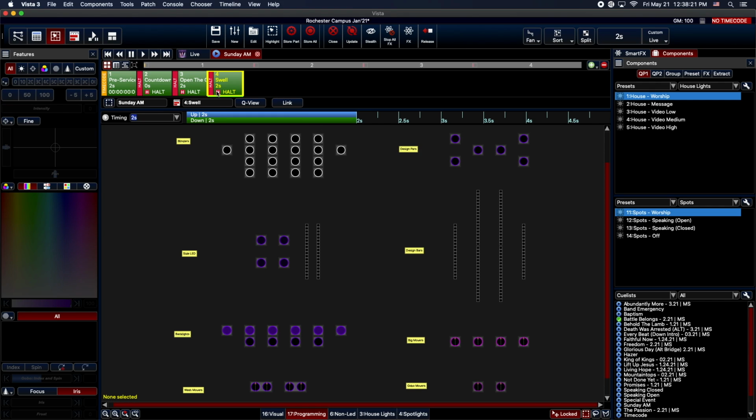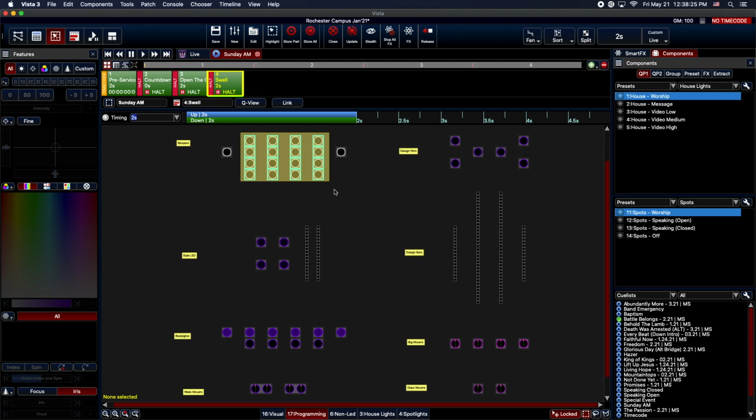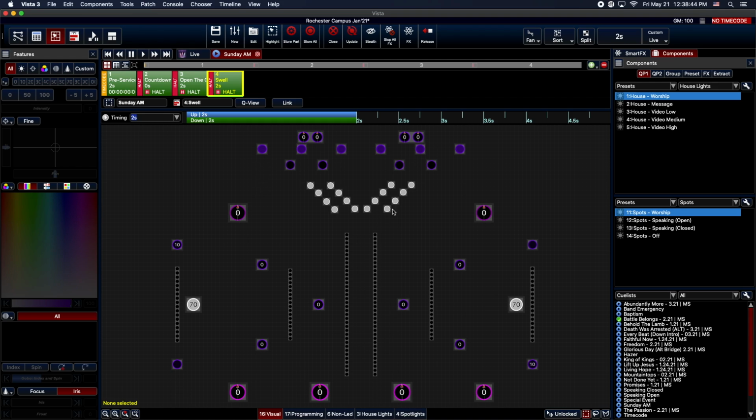So we will take this, and I think I'll probably bring in these overhead blinders, as well as the two on the outsides there, and we'll probably get those pretty bright, I would think. Seems about right. And I also think I want to bring in something further down on the stage. You can see all these blinders are on now. I also want to bring in